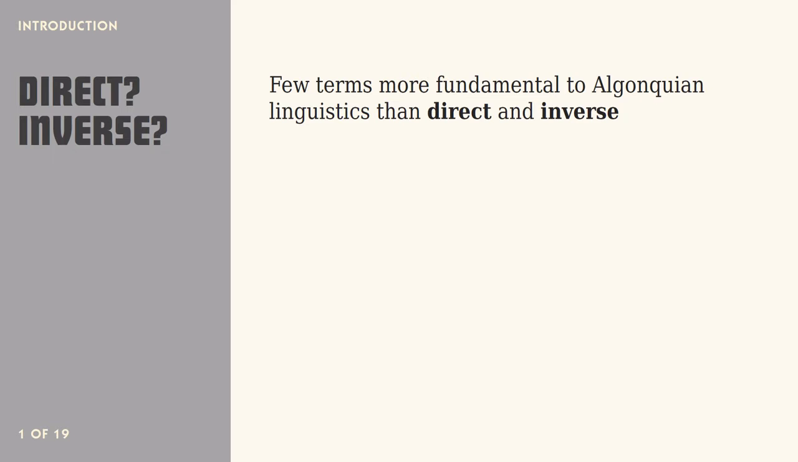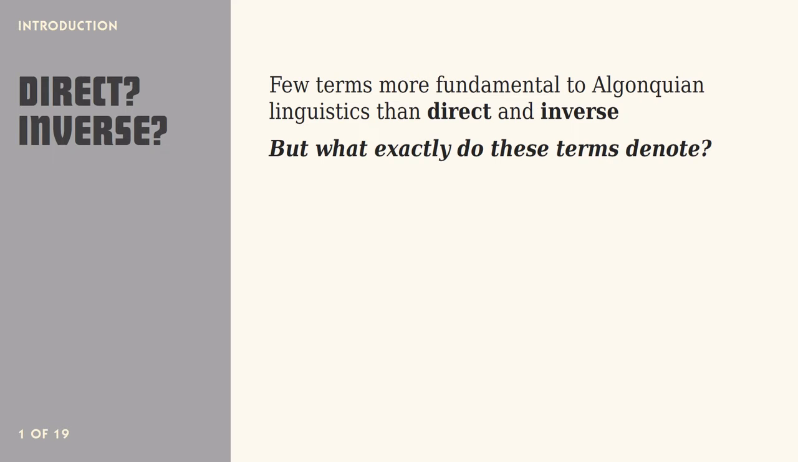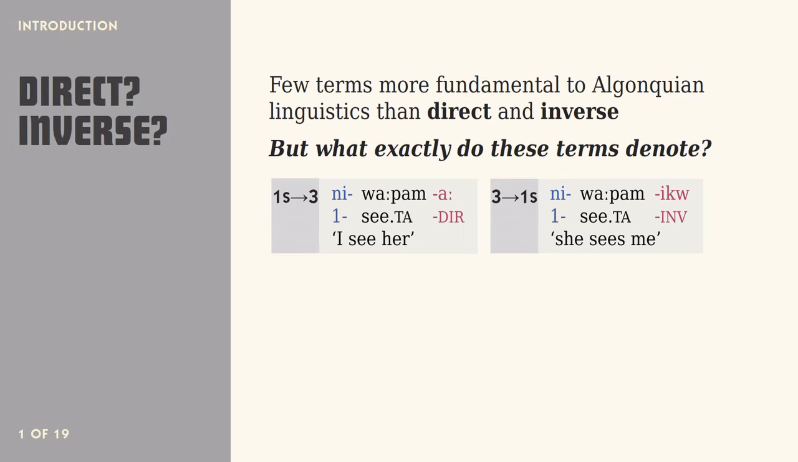The terms direct and inverse are fundamental to Algonquian linguistics, but I'm not sure that we have a clear definition of what exactly these terms mean. Consider this pair of verb forms, which everyone would agree are direct and inverse. But why? Are direct and inverse the names of particular morphemes, the direct and inverse suffixes that appear on the